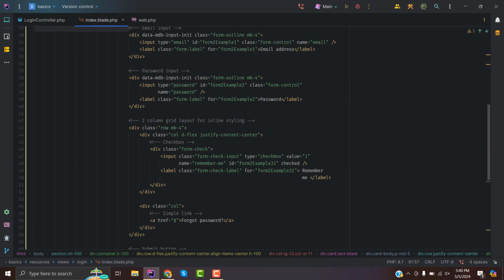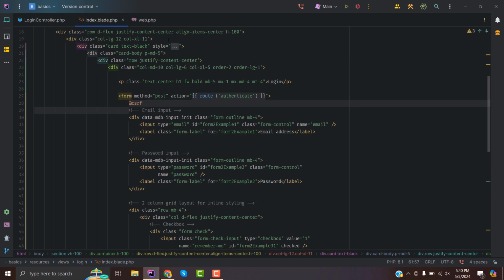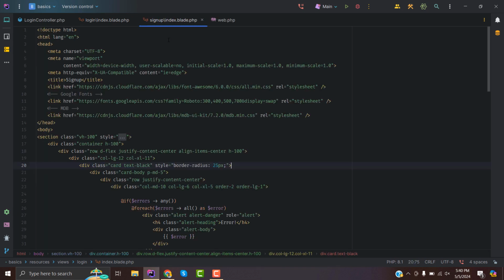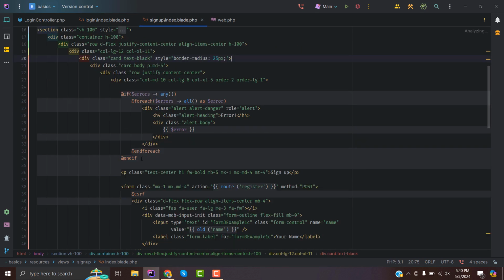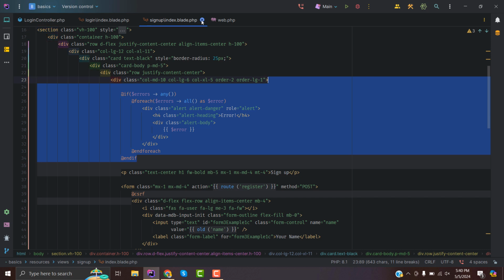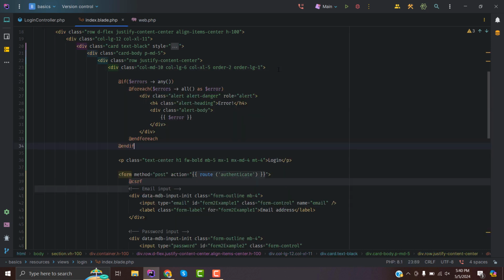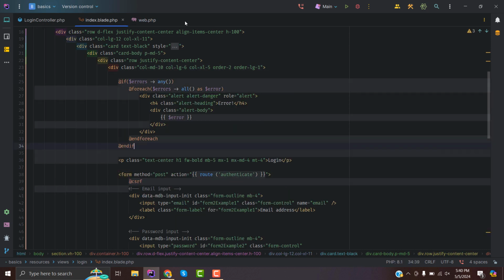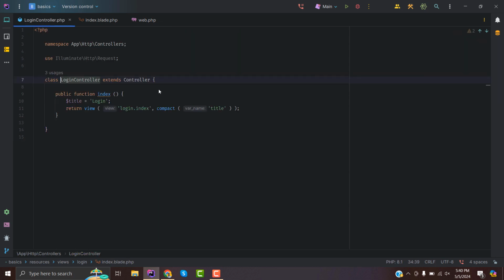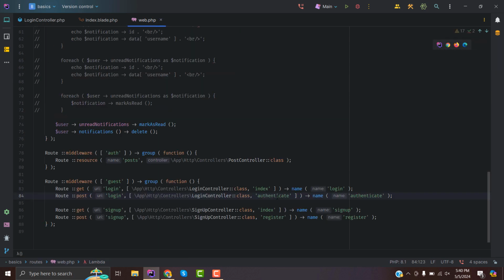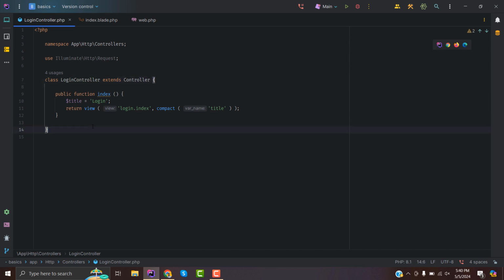Now let's submit the form, and also let's copy the validation errors from our sign up page. So all we need is basically to copy this and paste it on top of the login page. That's it. Now let's create a function of authenticate,